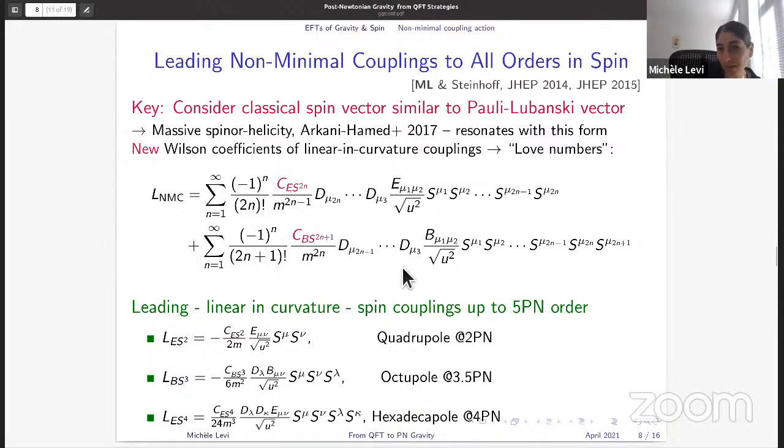They are preceded by new Wilson coefficients, which correspond to Love numbers or quadrupolar deformation coefficients. And if we pull out the first three terms from this infinite series, we already get the terms that are needed to complete our current sought-after precision frontier at 5PM. So we need the quadrupole, the octupole, and the hexadecapole in order to complete the 5PM. It's not clear yet if it's the whole story, but at least the beginning of the story is to have these couplings which are linear in the curvature. So that was the second thing that we